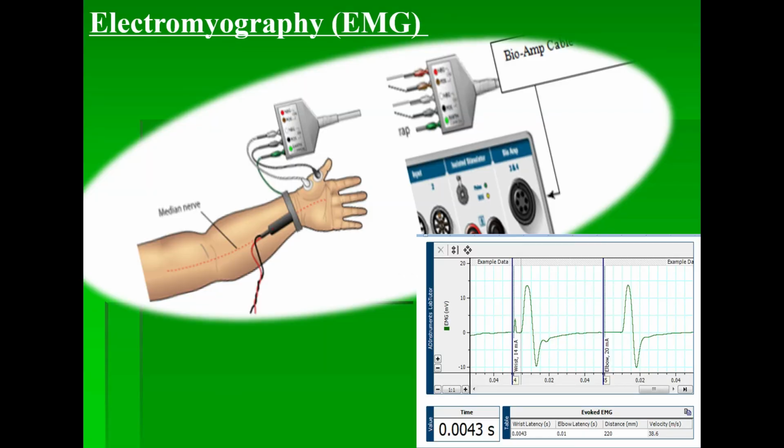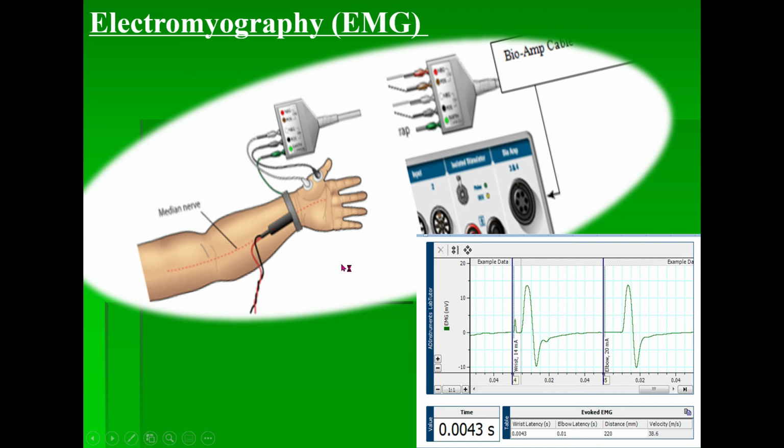And then we have another experiment from the human subject, which shows that we are recording with the help of the PowerLab hardware and LabTutor software. And this picture shows you the evoked EMG. Evoked EMG is basically the electromyogram, and this is produced when you stimulate the nerve. After the stimulation, graphs will appear, and with the help of these EMG recordings, we can calculate the nerve conduction velocity of a particular nerve.